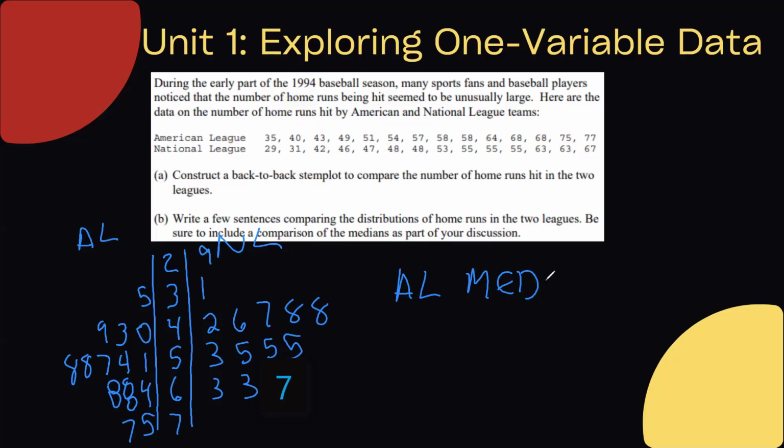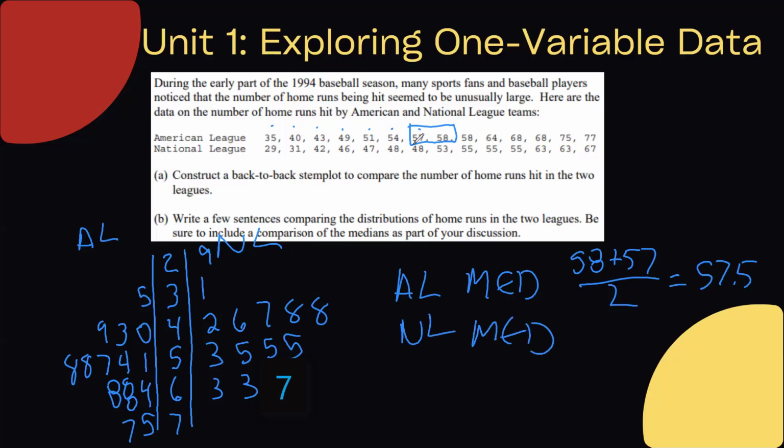Because there's 14 values, you would count up 1, 2, 3, 4, 5, 6, 7. Get these two middle values, 58 plus 57 divided by 2 gives us 57.5. And the National League median, get those two values, 48 plus 53 divided by 2. That's going to give us